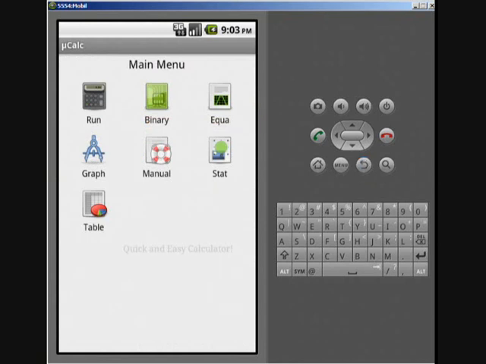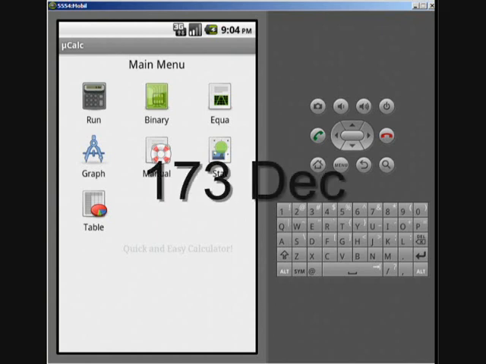Okay, back to the main menu. Let's suppose you want to use the binary function. The binary function isn't just binary, it's hexadecimal, binary, octal, and of course our number system, the 10. So let's say you have 173 and you want to convert it to hex, bin, and oct. Well, then you go to the binary,